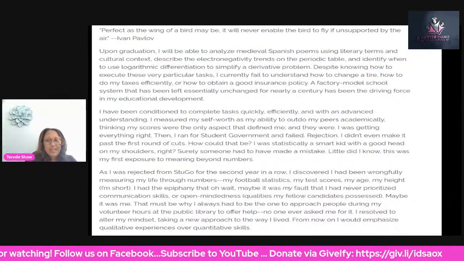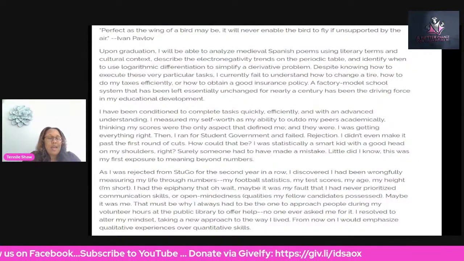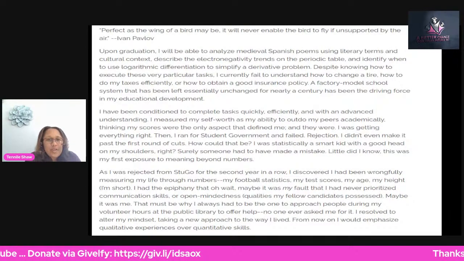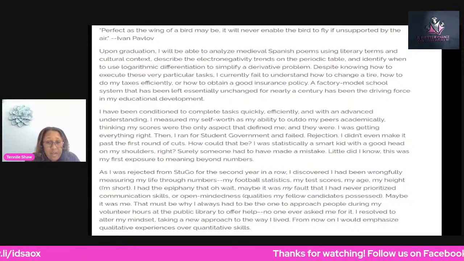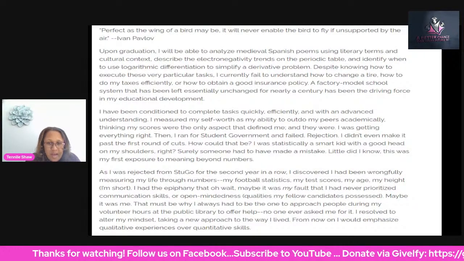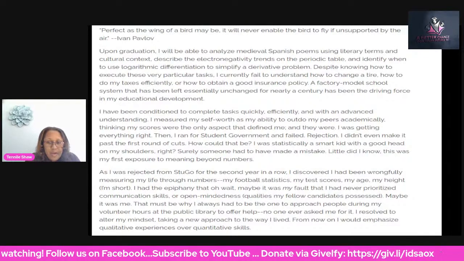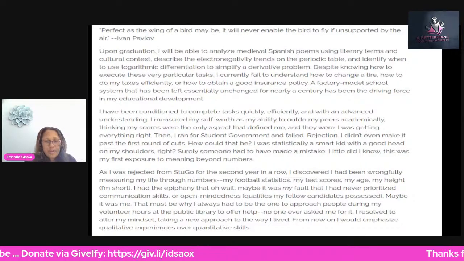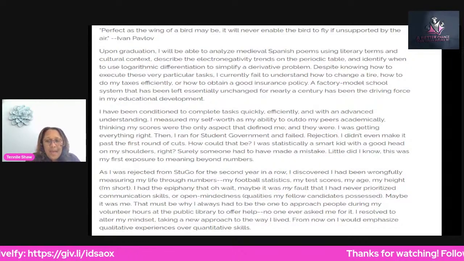Here's an example of a better crafted essay for college entrance. This person talks about their love of literature, specifically Spanish poems. This person gives examples of what they value as far as being efficient and wanting to understand things at an advanced level, but they also talk about some struggles that they went through